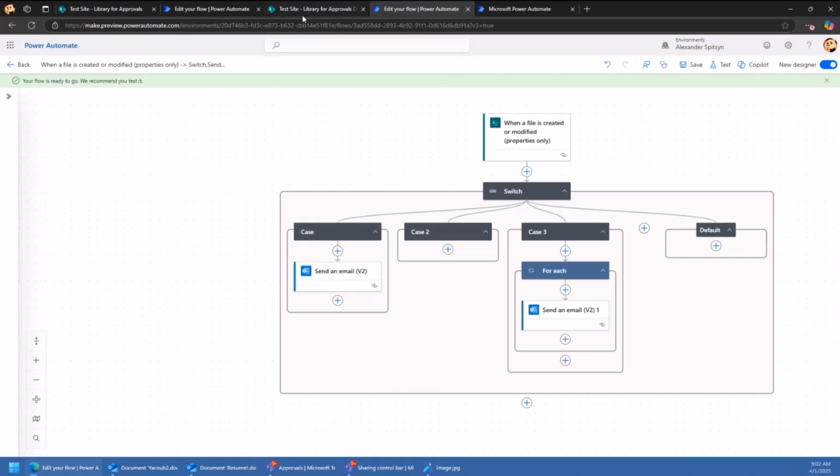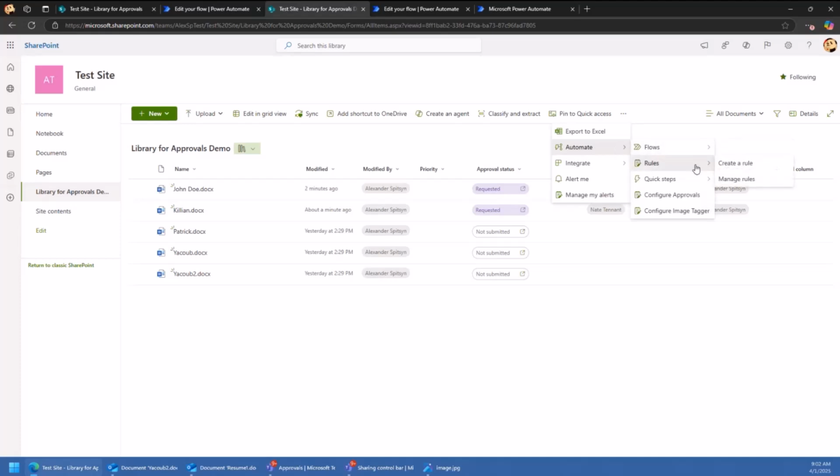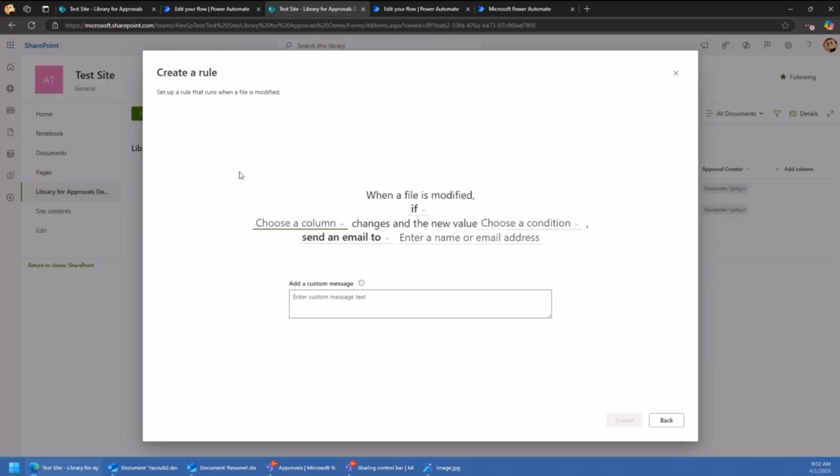If Power Automate is a bit too complicated, we also have the rules capabilities enabled. So you won't be able to customize the notifications, but it is possible for you to have a rule where it says that